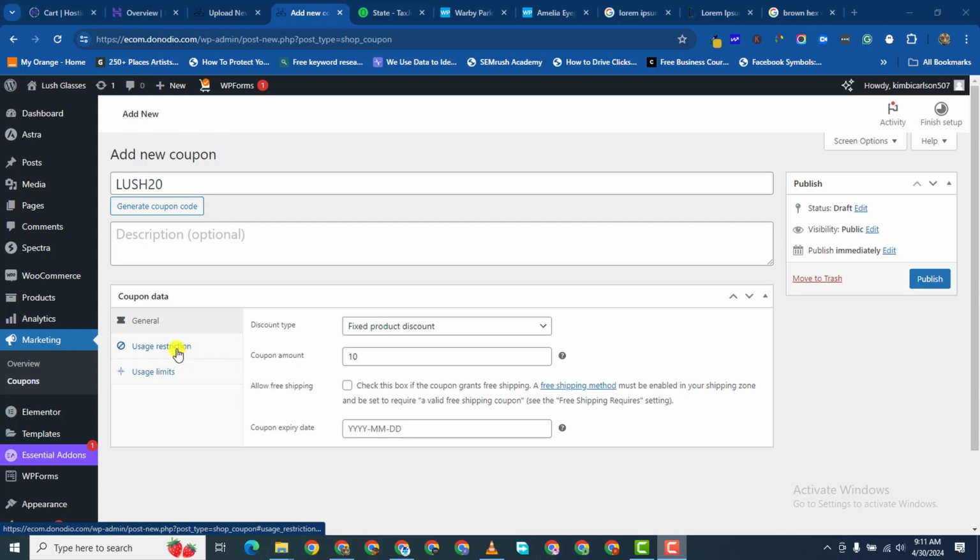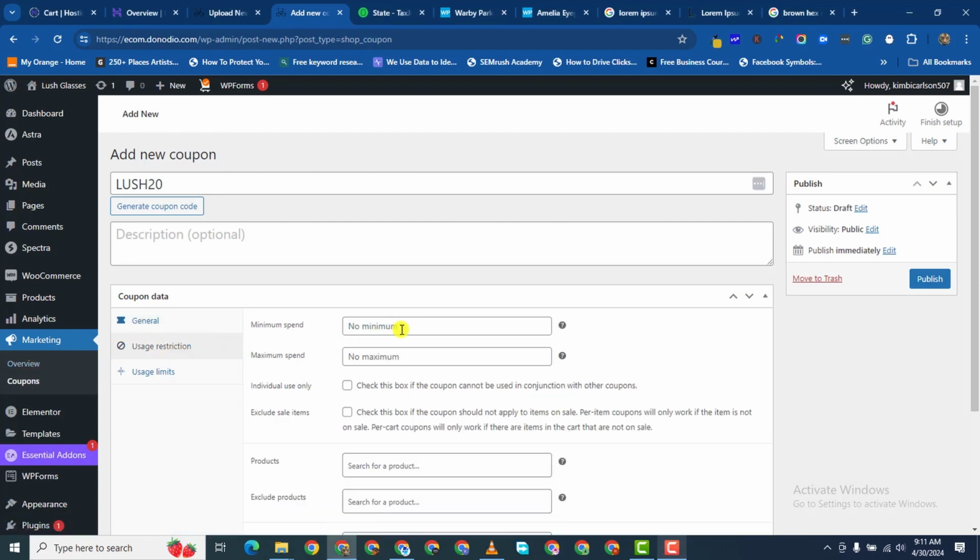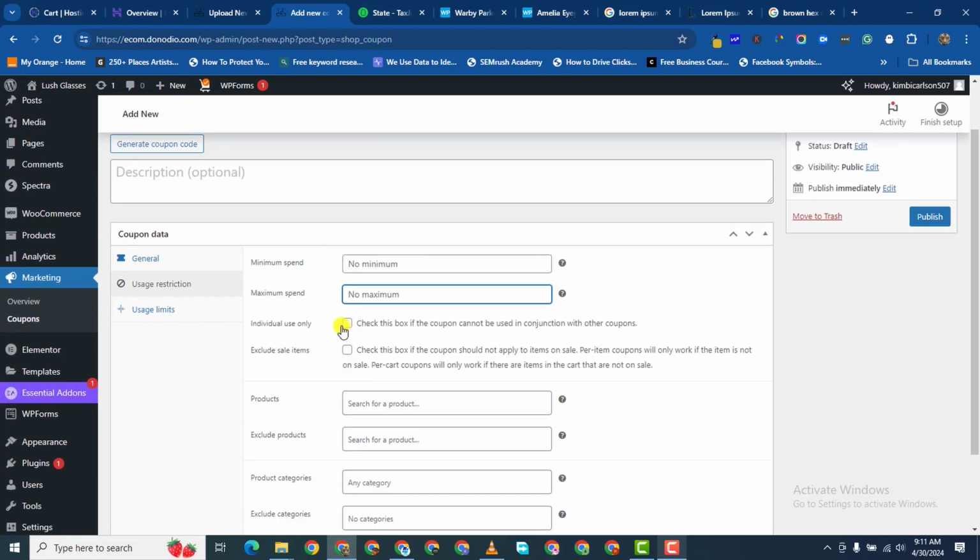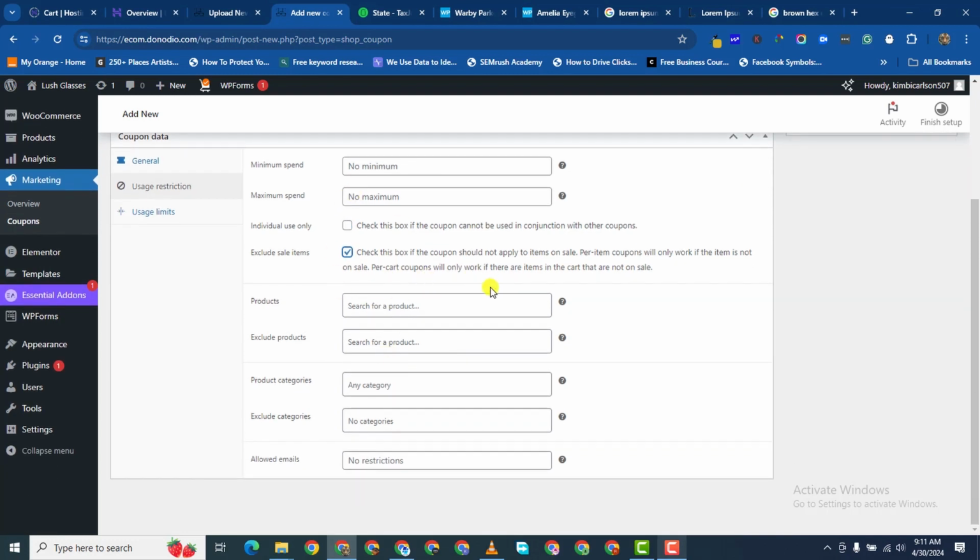You can also make this a fixed product discount, that is for a particular product. Also, we can put some restrictions here. For this coupon to be valid, you will need to have spent a minimum of $200, and at other times we can put maximum limits. You can say this can be used only individually, so if you use this coupon, you cannot use any other coupon. And this one is: check this box if the coupon should not apply to items on sale. So if an item is already on sale, this coupon cannot be used, because if you've already given 10% off a particular item and you're giving the 10% coupon, the person is having 20% knocked off that product,